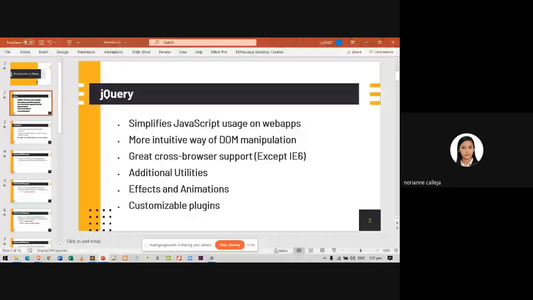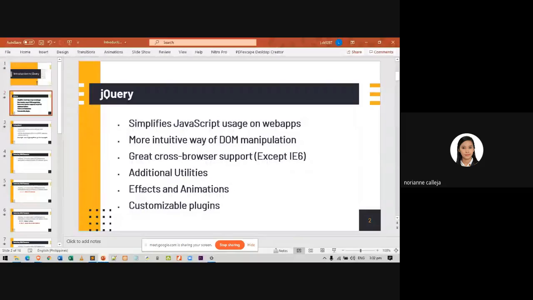Another, it provides a more intuitive way of working with the document object model. And another, it gives good cross-browser support, because you are using different types of browsers.